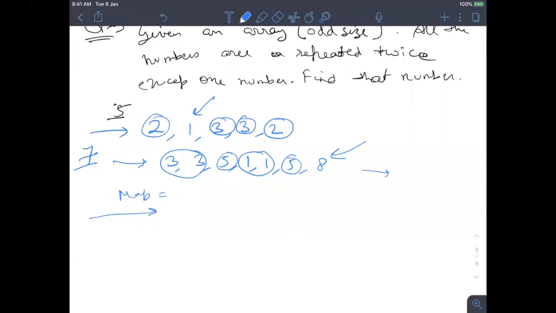Frequency array can also be used. Yes, exactly. Frequency array can be used, but if the numbers are larger, then it is difficult to use that in hashing. Let's say you have a number of 10 to the power 10, then you cannot index this in an array. So that's why you will go to hash map, and you can solve it. But yeah, one thing is bit manipulation. So bit operations